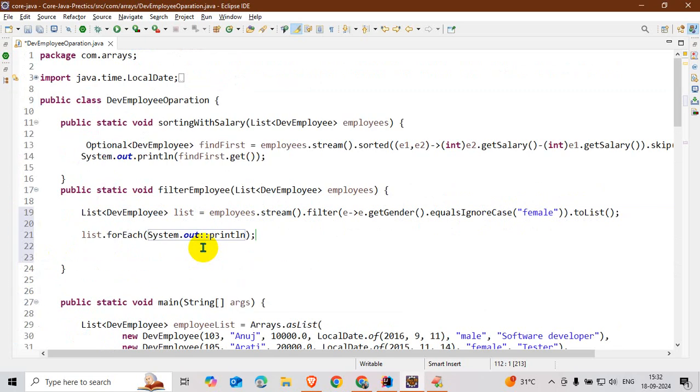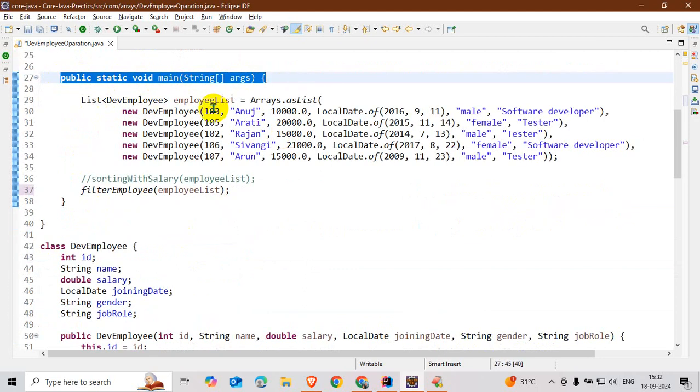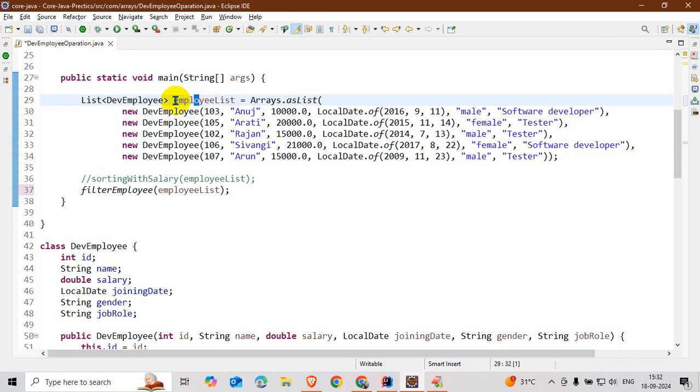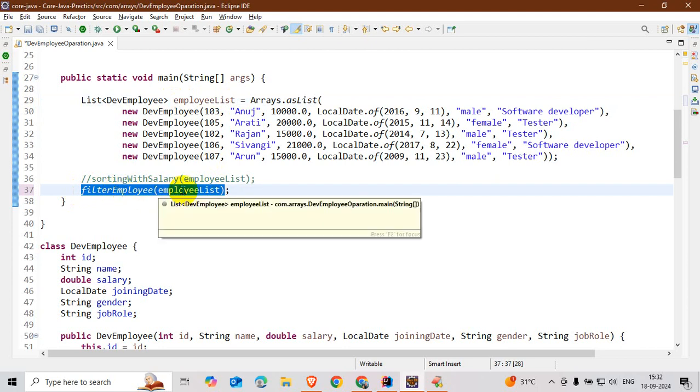And I have an EmployeeOperation class. In it I have the main method, and I created the list of employees, and I created a method filterEmployee and pass the list of employees.